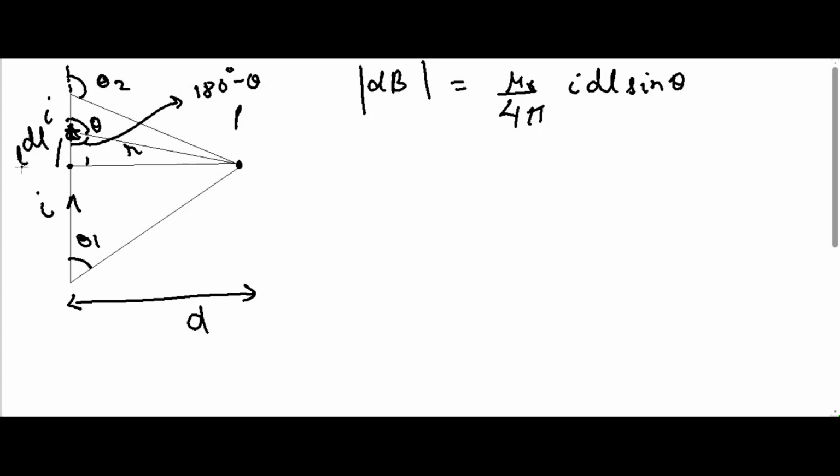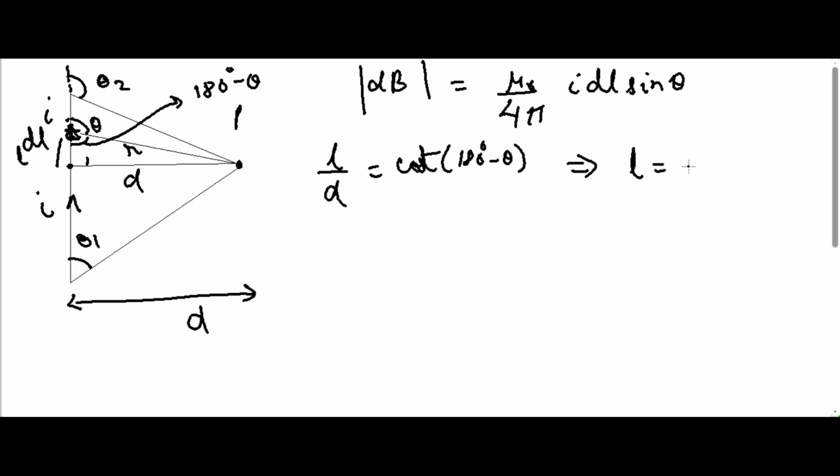If this is L and this is D, then from this right-angle triangle, L by D will be equal to cot of 180 degrees minus theta, and cot of 180 degrees minus theta we know is minus cot theta. So we will get